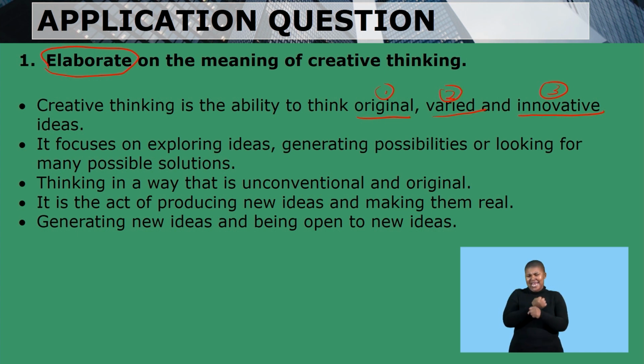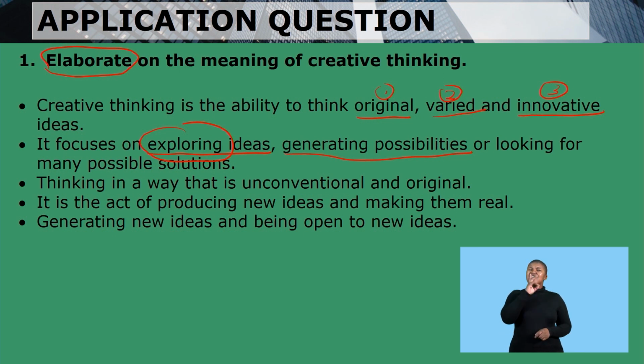Thinking out of the box, thinking out of the imaginary, basically. Bullet number 2 focuses on exploring ideas. You know there's an idea, but now what are you doing? You are exploring that idea, generating possibilities. Sometimes they can say this is impossible, so that's where you prove them wrong, to say I need to generate possibilities,